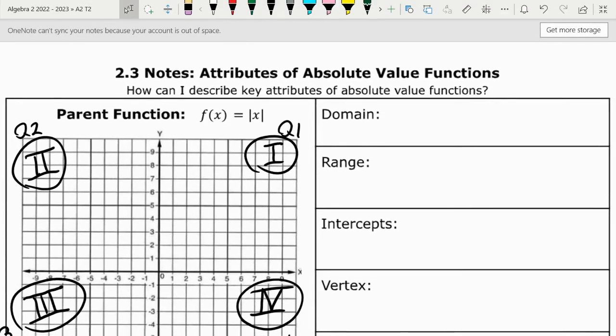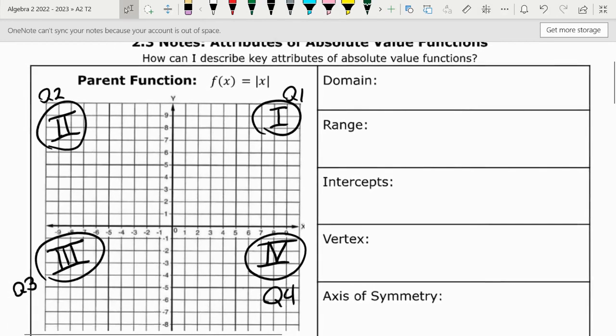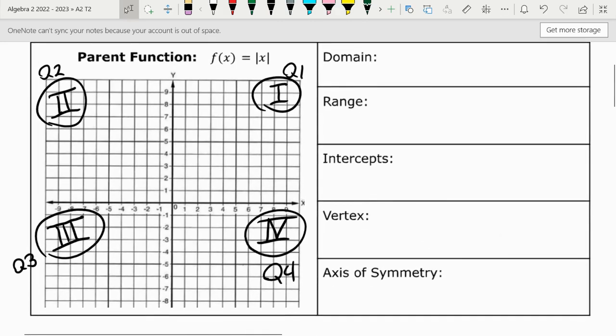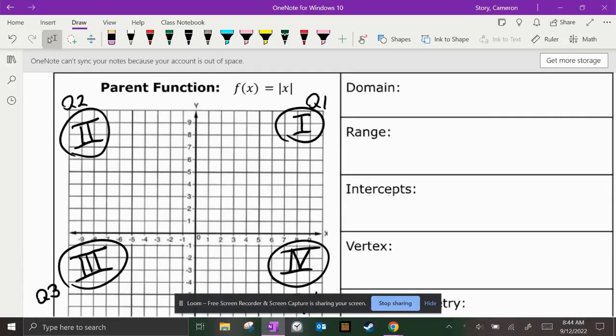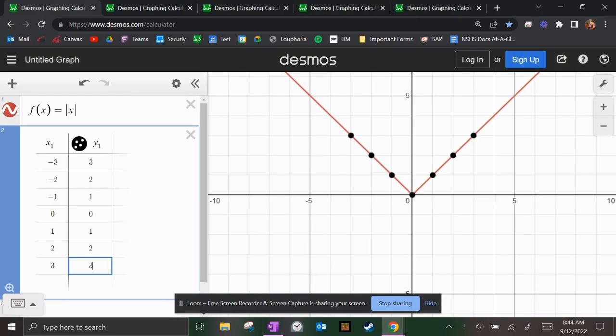Okay, so 2-3 is the attributes of absolute value functions. We're going to be talking about their domain and range, as well as their intercepts, their vertex, and their axis of symmetry. So if we go to Desmos and we look at the parent function on a graph,